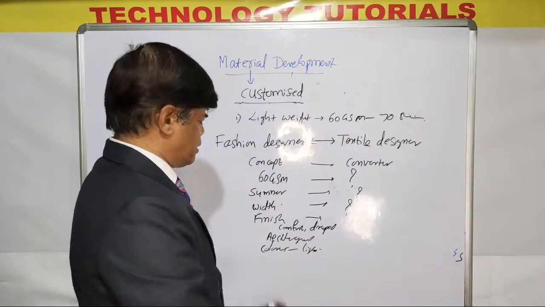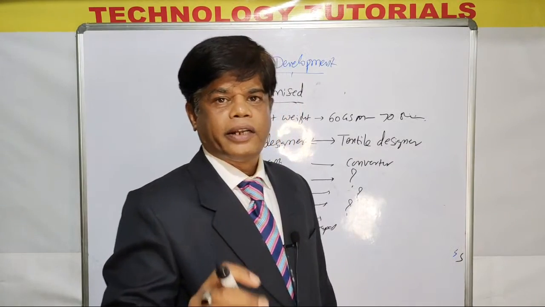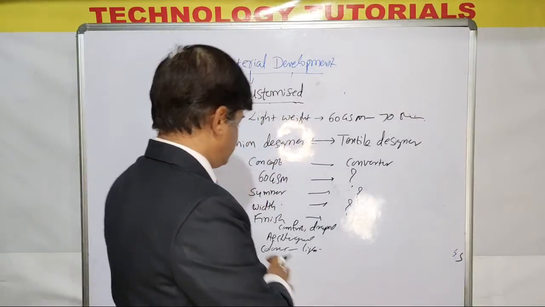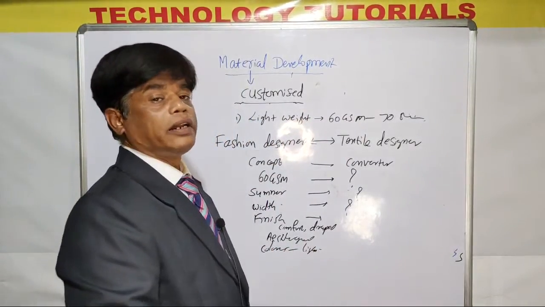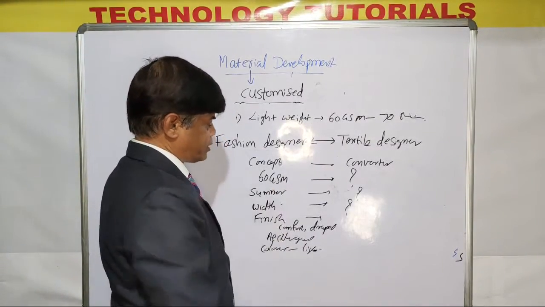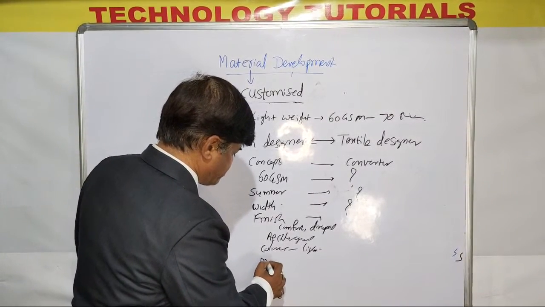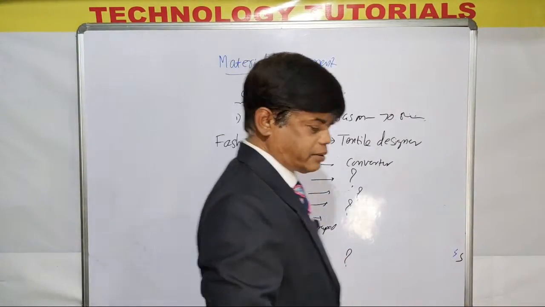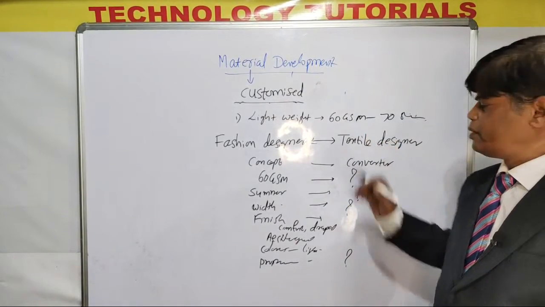Okay, color should be light. At what percentage should the color grammage be added? The fashion designers don't know the percentage to be added. They only say pale colors, light women's colors, pale colors. Okay, white colors like that. These are the questions that will come. What should the other properties be? No question. These are all the questions received by the textile designer developer.